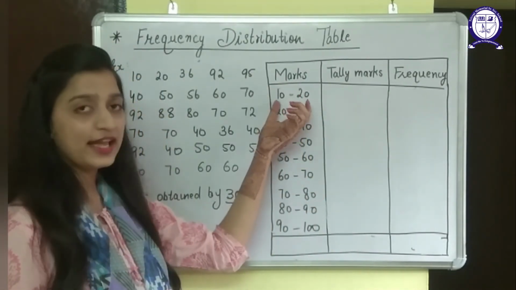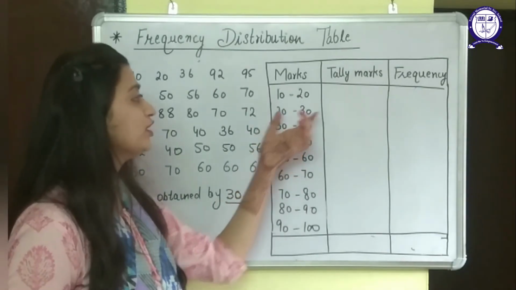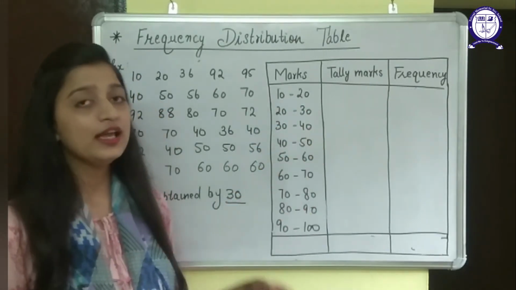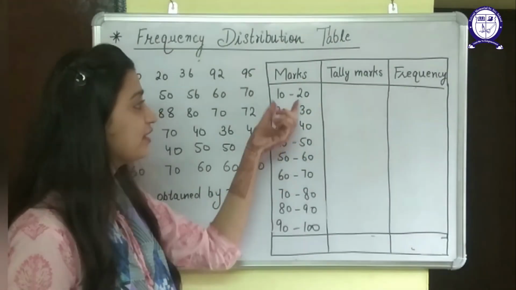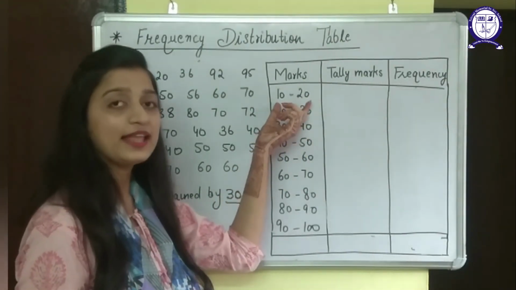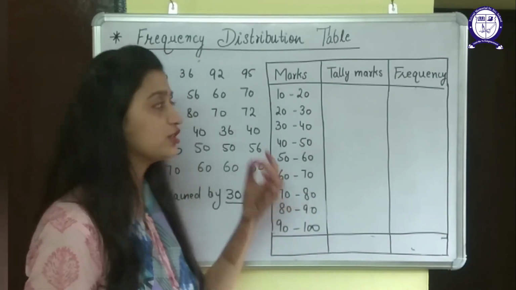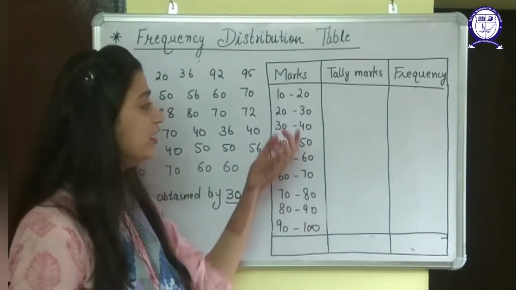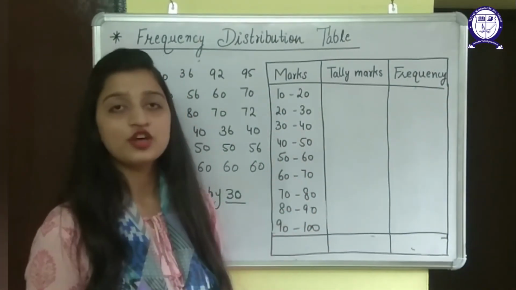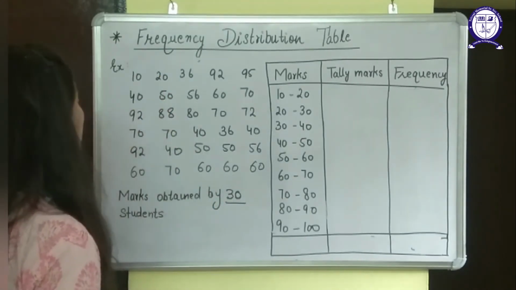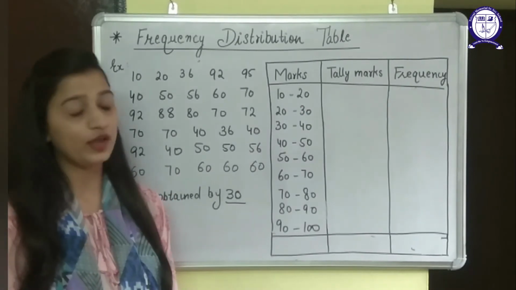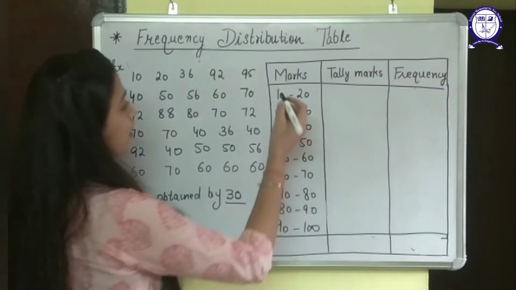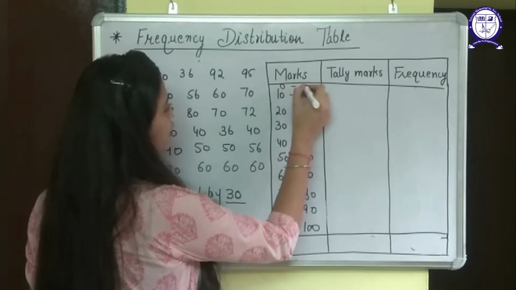So now for this question, I have taken the groups. The smallest was 10, so 10 to 20, 20 to 30, 30 to 40. But always remember that the size should be the same. That is, the difference should be the same. Like 10 to 20, there are 10 numbers, 20 minus 10, that is 10. Similarly, all have a difference of 10. Now what I am going to do, first one is 10. Now let's take one more interval here, 0 to 10.